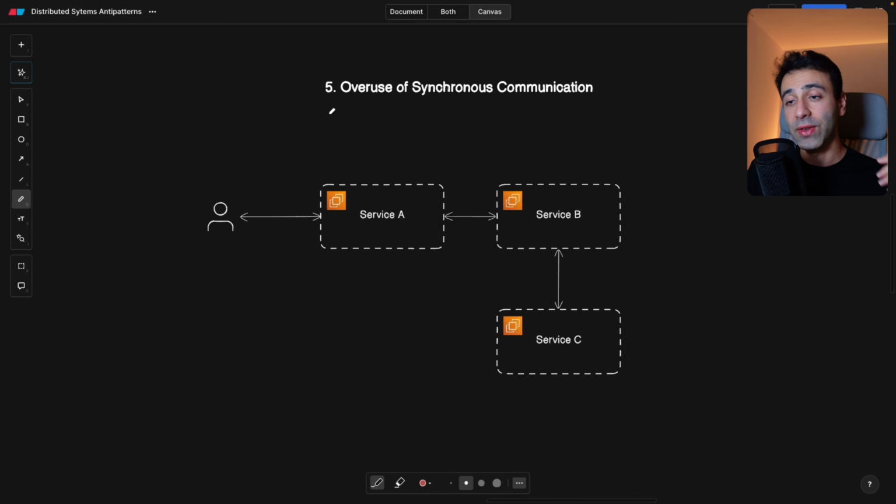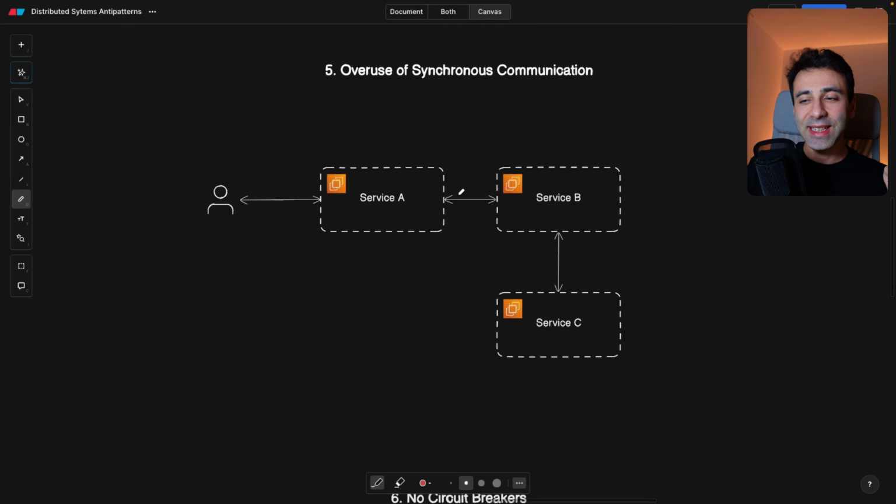All right. Now, the fifth point is overuse of synchronous communication. Sometimes it's okay not to have event-driven development or event-driven architecture, but to have a synchronous architecture. So your services are communicating synchronously. And let's say you notice that you have one service that's contacting another service, and then another service is contacting the third service, and your first service has to wait for all that trip that goes chain by chain to another service. Maybe this is the sign that you should opt in for an event-driven architecture.